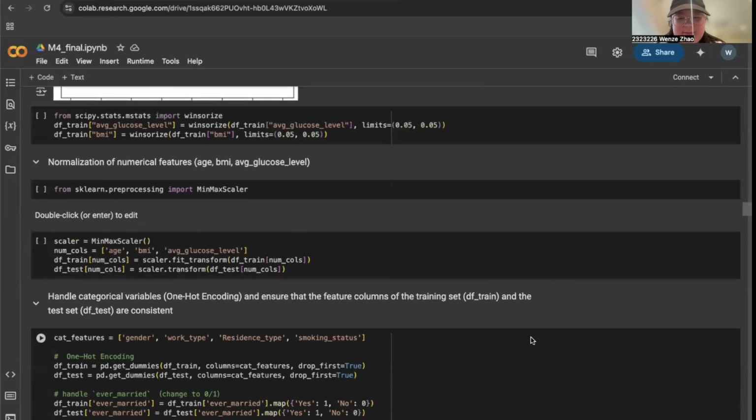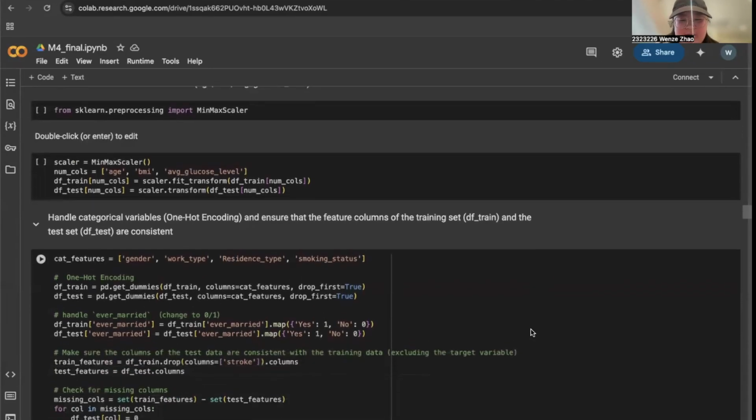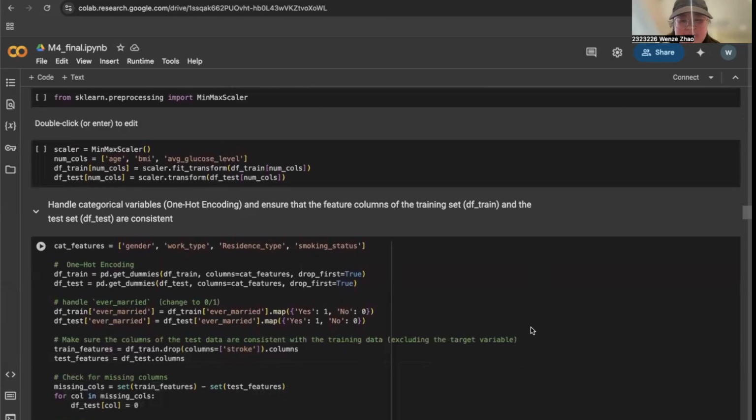For categorical variables such as gender, work type, and smoking status, we use one-hot encoding to transform them into columns for each category, allowing models to interpret categorical data without assuming an inherent or ordinal relationship